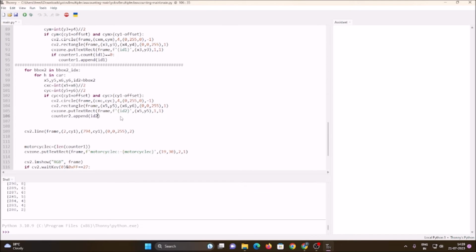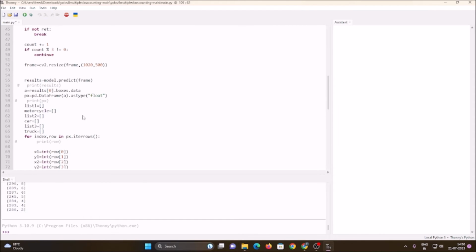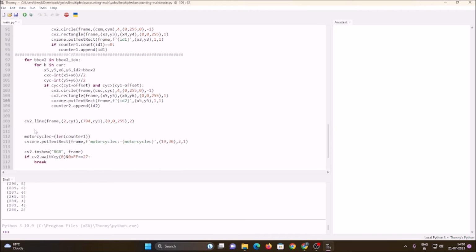Simple. So id2. And as I explained in the previous video, when the object's center point touches the line, it will take a little bit of time to pass that area, and in the meantime it will count the same ID again and again. Let me show you. Because we are saving id2 into our counter2 list with append, we can simply print counter2 over here. If I save the code and run it,